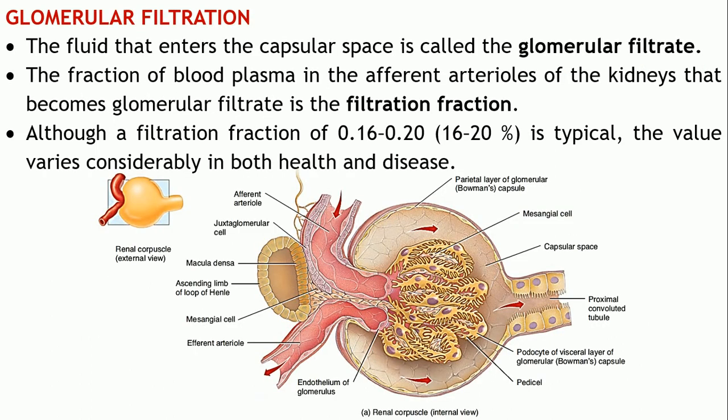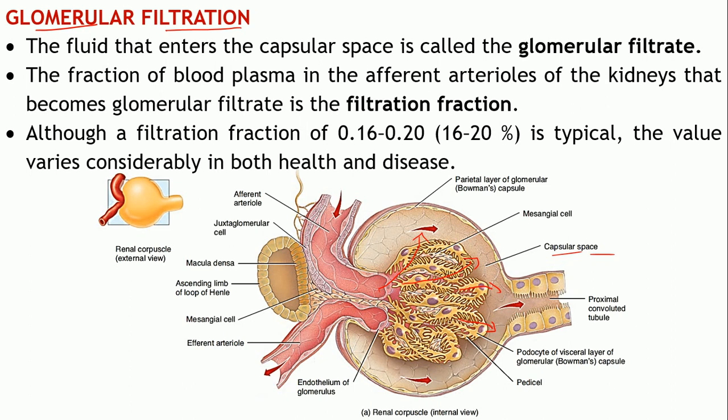Okay. To start with the first process, we will consider the glomerular filtration in this video. Now, as you all are familiar with this picture, that is a renal corpuscle, right. So, this is the afferent arteriole into which the blood will be flowing into the Bowman's capsule. These are the network of capillaries where actually the filtration will take place. So, the fluid will move out through the walls of these capillaries and enter into this capsular space.